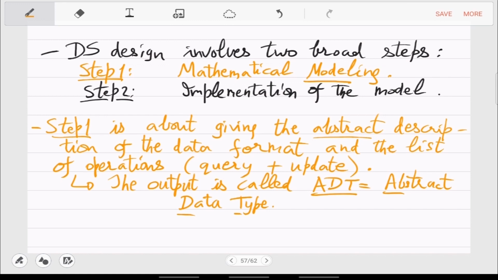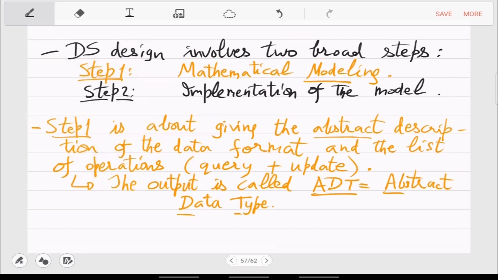Because it will not be just one variable, one int, but it could be, for example, data of all the citizens and everything. So you will have to have a long list of operations. So how this is done or how this is proposed, that's the definition. That output is called ADT of this process.